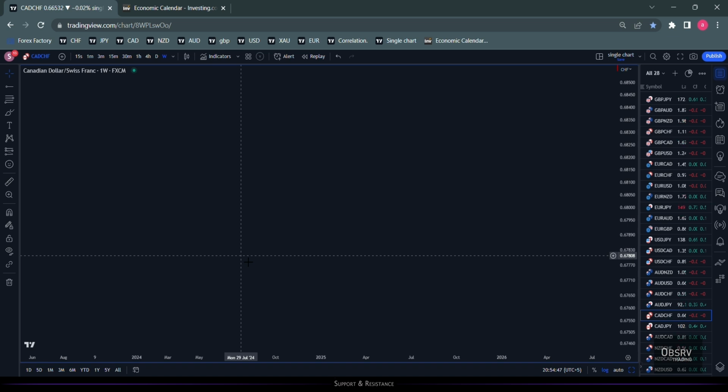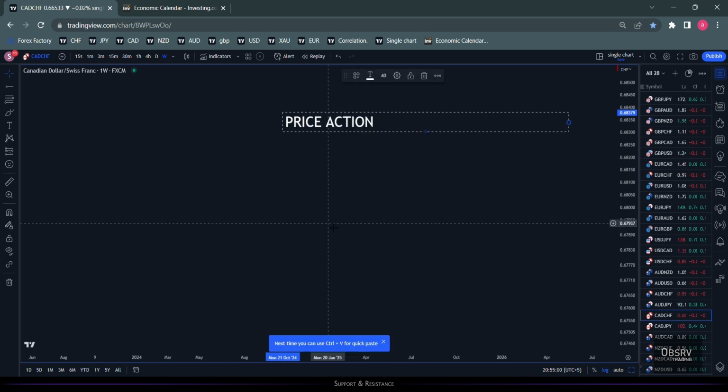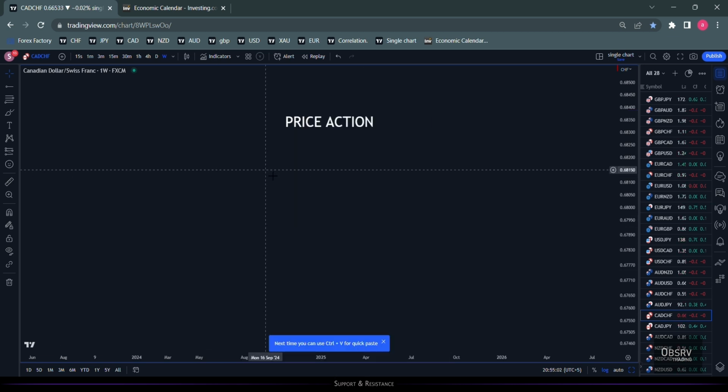We're going to start with the basics of price action. Let's type it down here. Price action. A lot of you who are not new to the industry might have come across this word a lot. It holds a lot of weightage in the industry. And honestly, there are a million definitions of price action around the industry. Everyone has their own approach towards it. They have their own understanding towards it.